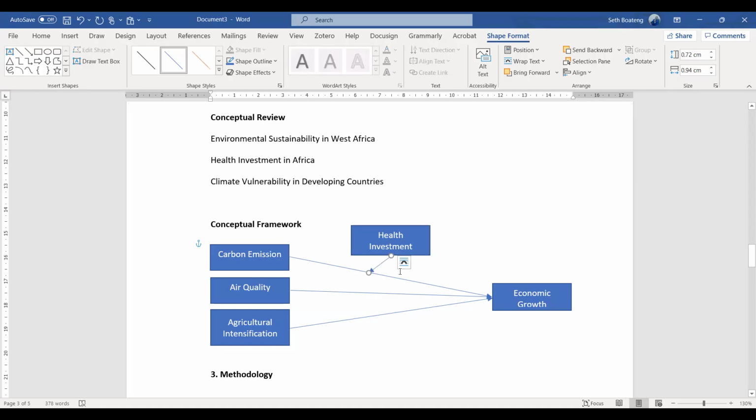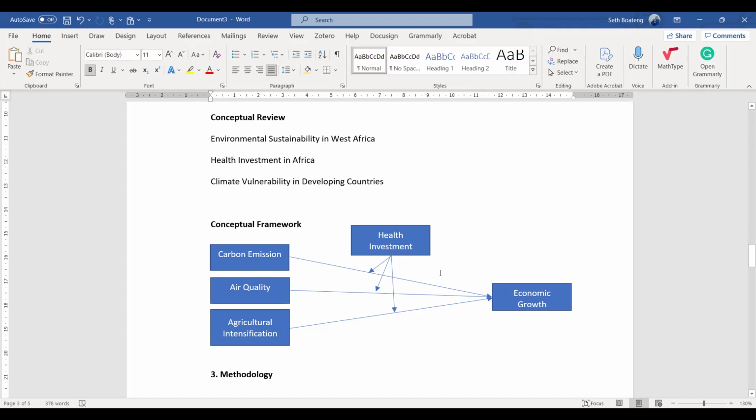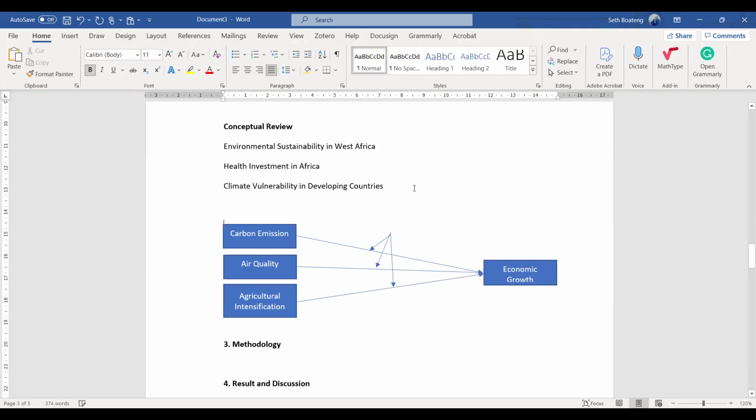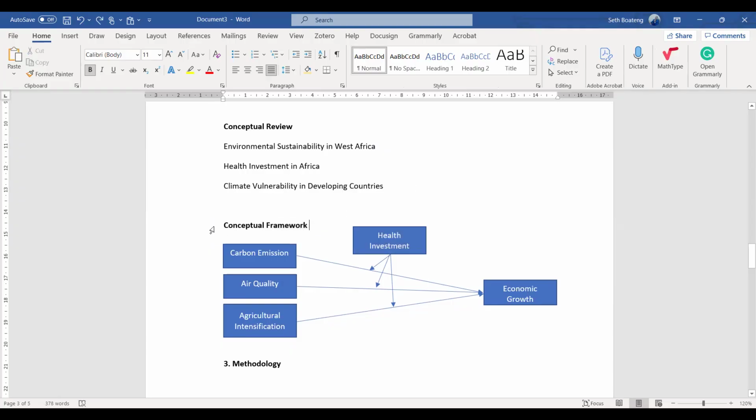You put the cursor on the line, like this one. So it is moderating all the 3 variables. So this is my concept.